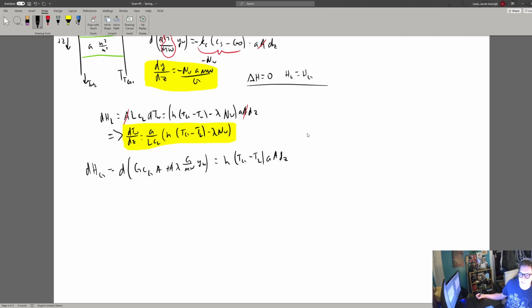And then we're going to have to subtract the heat of vaporization multiplied by the mass flux, and again we're going to have to multiply by the specific volume times the area times the change in the height, and our areas will cancel,